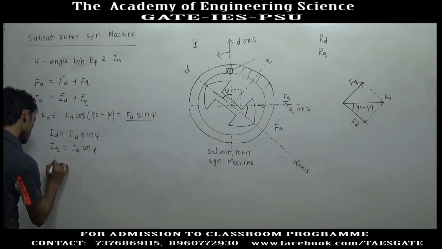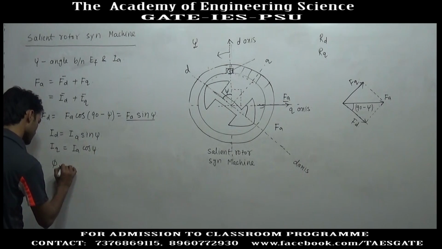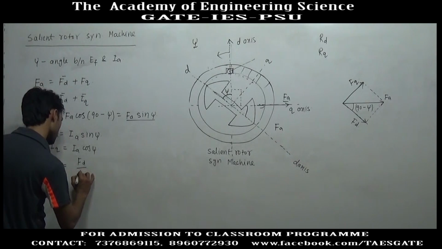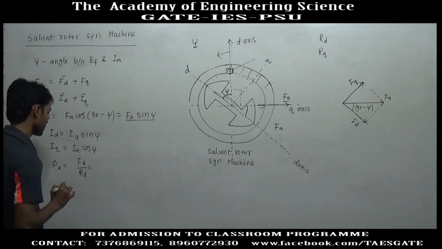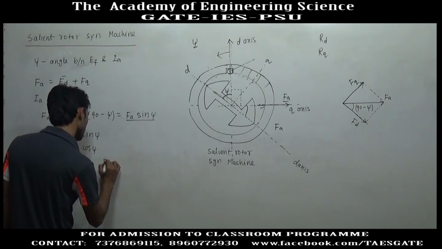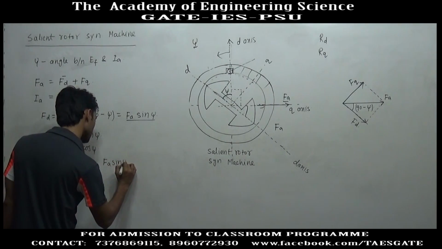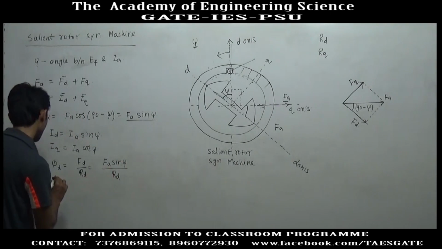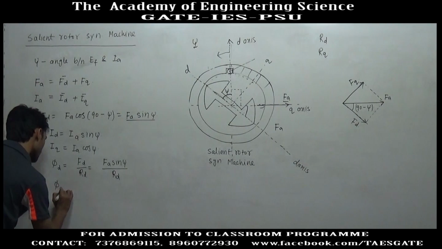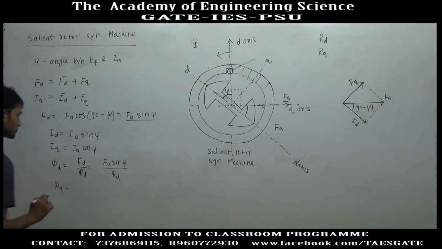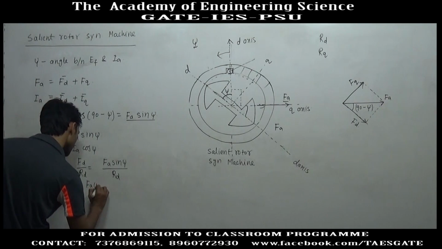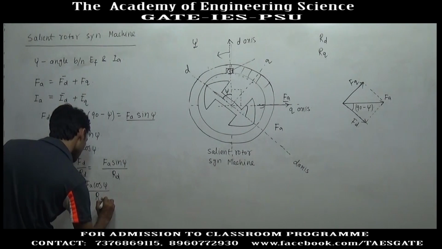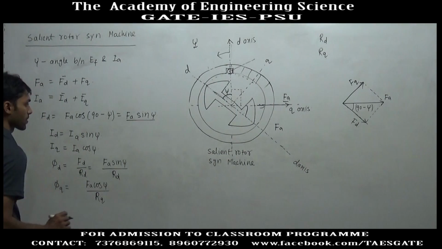So the armature flux along D axis will be FD divided by reluctance along D axis. So this will be FA sin psi divided by reluctance along D axis. Similarly, flux along Q axis will be FA cos psi divided by reluctance along Q axis. And